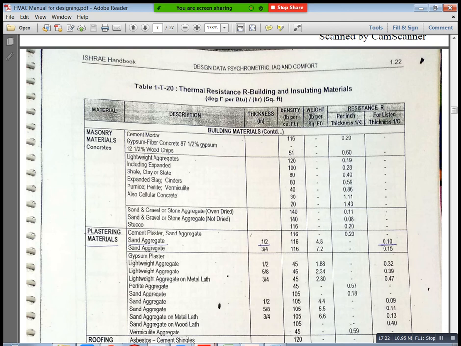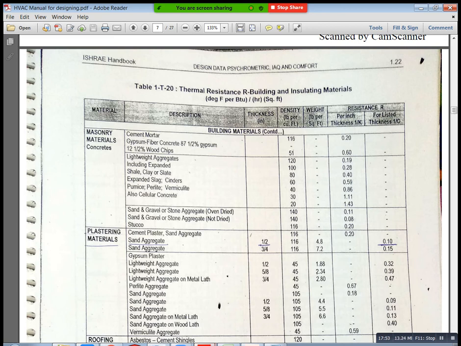This is for this much of inch. In the half inch condition you can go with 0.1. In the 3/4 inch condition you can go with 0.15. The 1 inch condition, this is per 1 inch, this is the value. How much thickness are you getting here? Per this much thickness you have this much resistance value. Now this is for 1 inch, this row completely. In the 1 inch condition, cement plaster and sand aggregate is 0.2. Now you can go here and mention 0.2 for cement plastering.